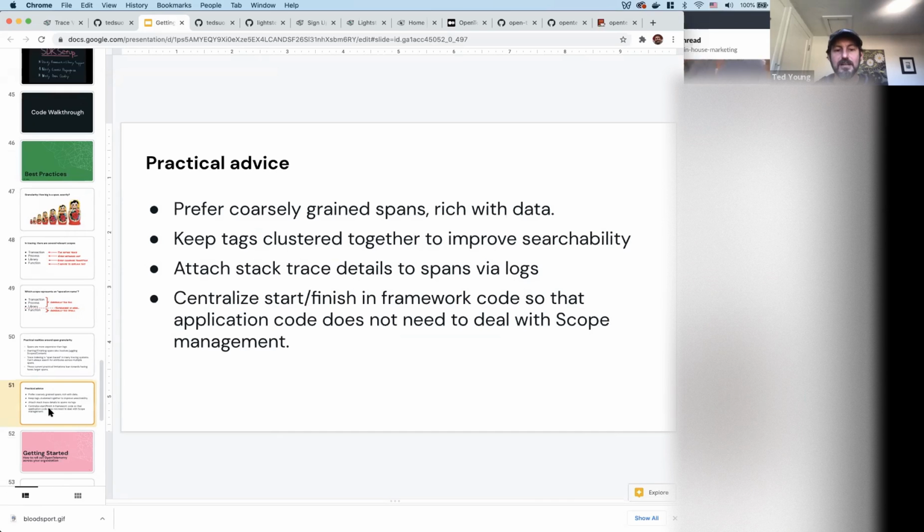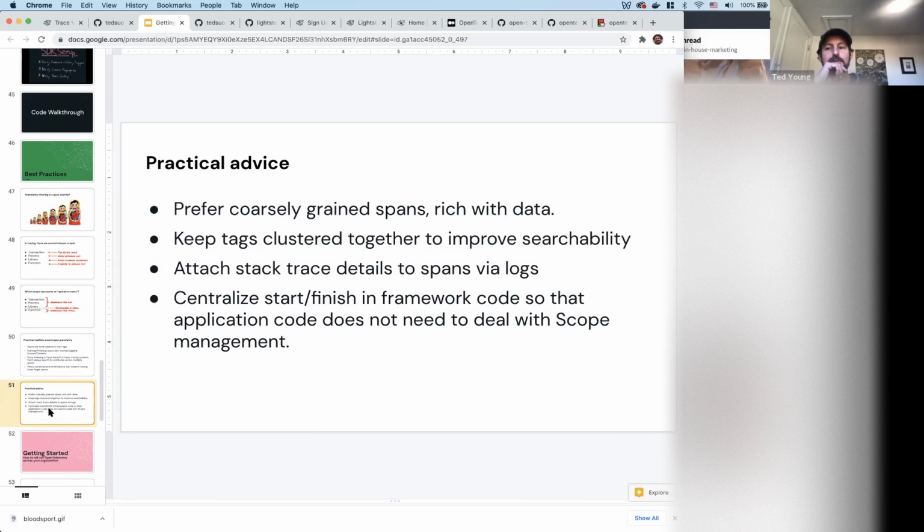And then also, as much as possible, try to keep a lot of this observability stuff inside of your framework code and not dirtying up your application code. I know we have a tendency to pepper application codes with logs. You can still do that with span events, but in general, you should try to think of a way to get this out of your hair so you're not copying, pasting a lot of observability code all over the place as you're trying to write application code.